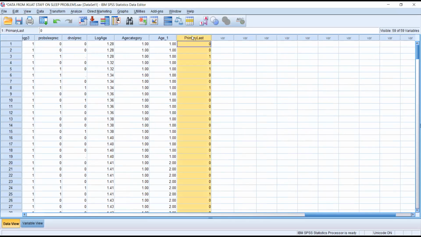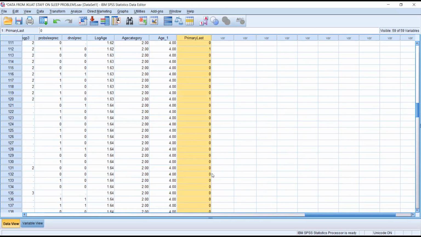Let me come to the last primary last. Look at the primary last values. Okay, this is 0. I say the 0 simply in this particular case, 0 are duplicates. So I need to know how many duplicates I have in this particular study. Now look at this. These are 1, 0, 0 is duplicate in